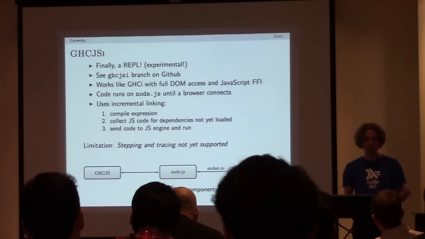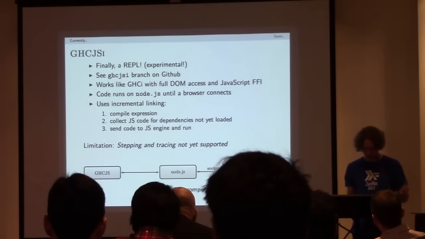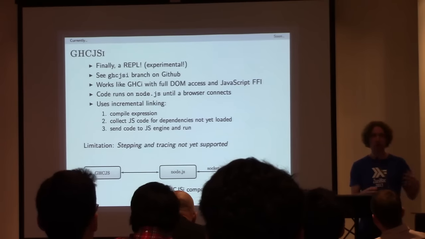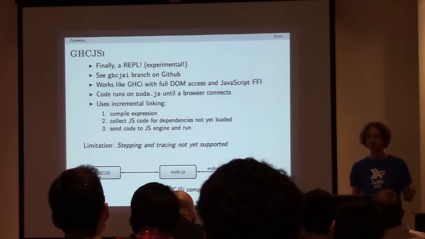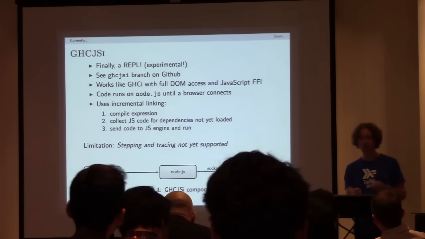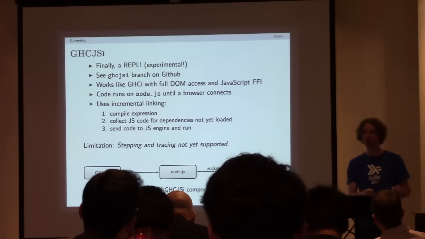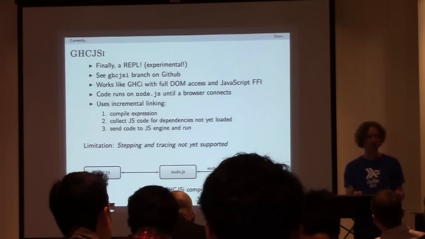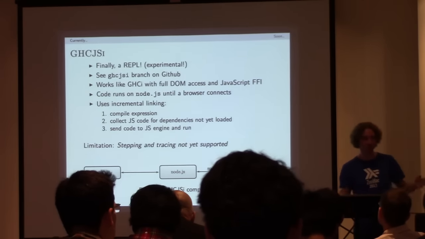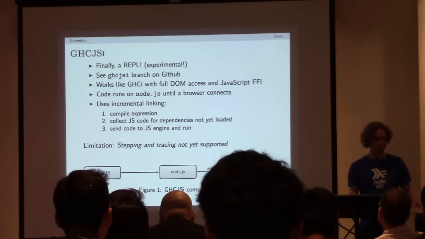There's one limitation, since it's based on the existing compiler infrastructure. It uses the normal compiled code path. There's no bytecode interpreter, which means that tracing and stepping through expressions is not yet supported. I don't know if many people use it, but I haven't really gotten many requests for this so far. So it's possible to add it, but I